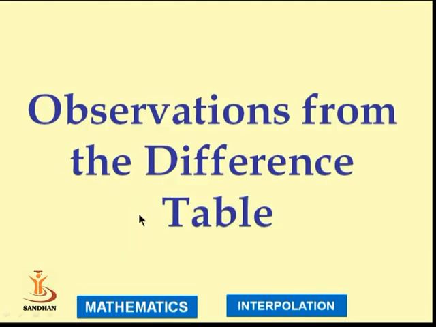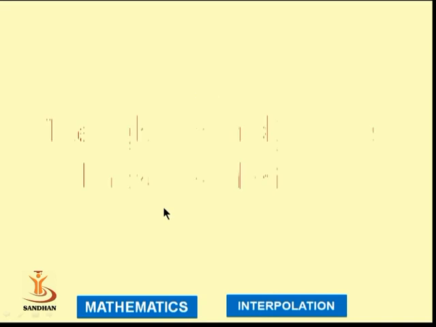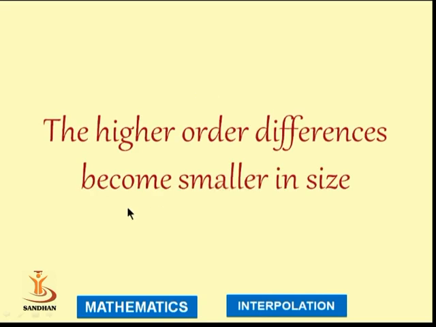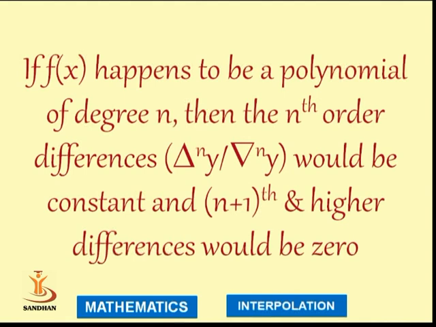Let us now move ahead and talk about the observations from the difference table. The higher order differences become smaller in size. As we compute higher order differences, be it forward differences or backward differences, the value of the differences decreases. That is, it would reduce to a point that if f(x) happens to be a polynomial of degree n, then the nth order differences, delta n y for forward difference or nabla n y for backward difference,